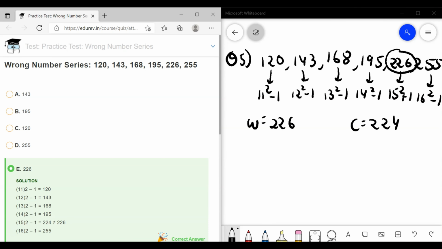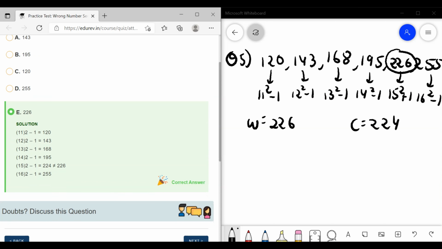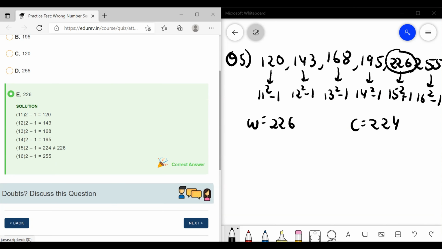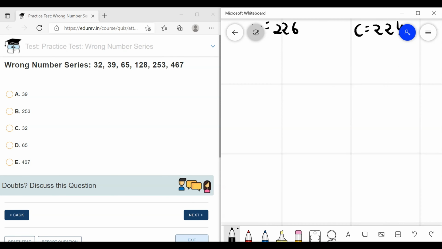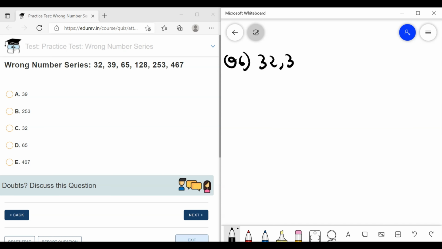Let's check it. And as you can clearly see, we are right once again, and the solution is also available on the platform. Great. Now let's move on to the next question. So for our next question we have, let's write it down. Question number 6. So it states 32, 39, 65,